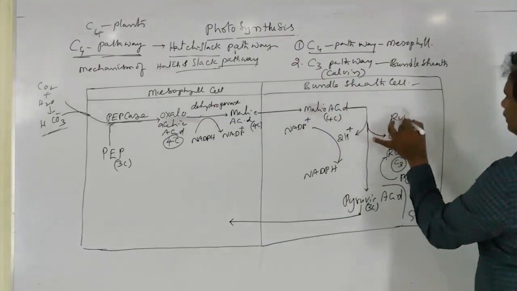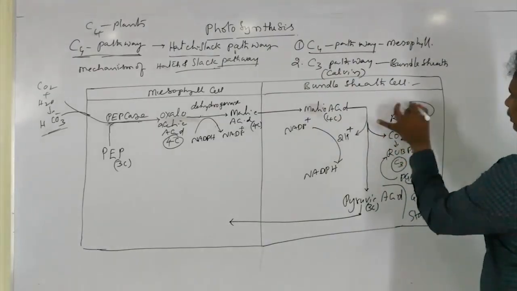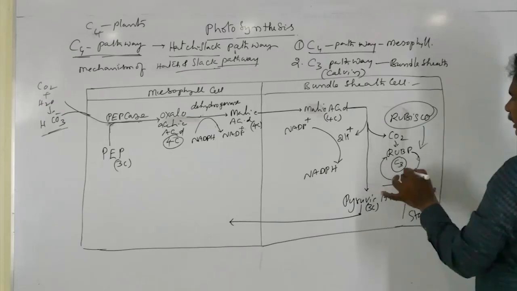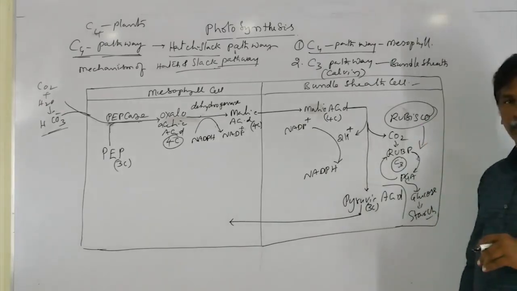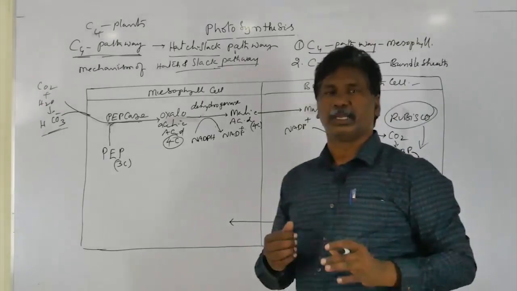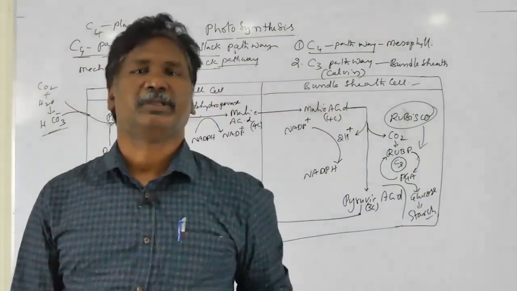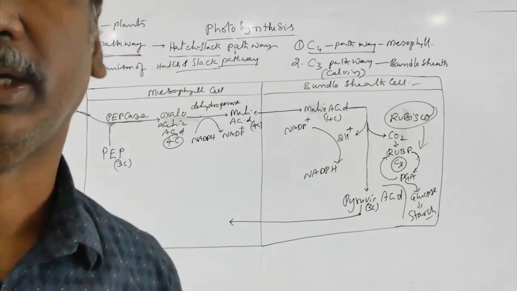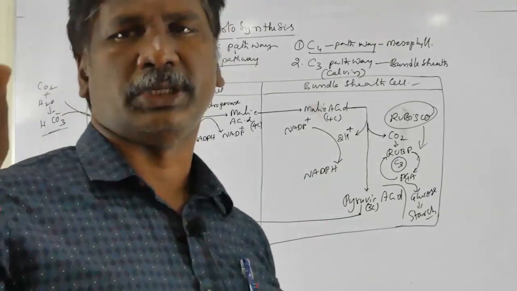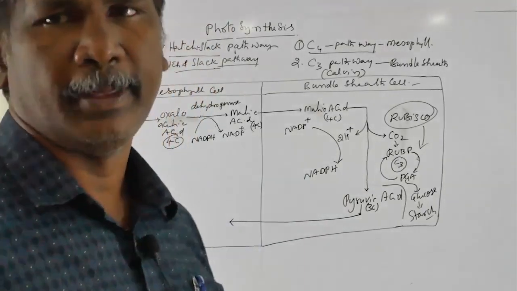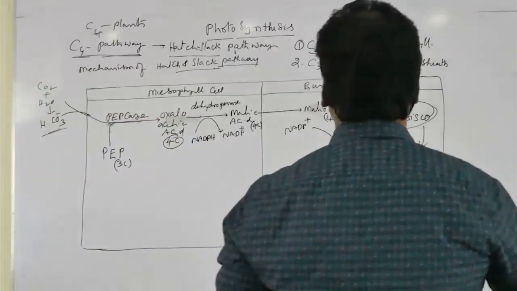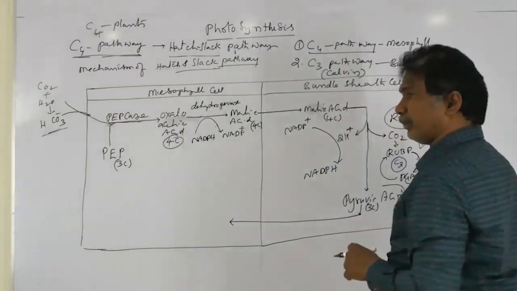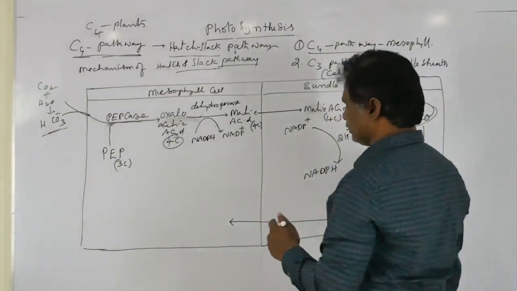You know very well that enzyme is called Rubisco. That Rubisco enzyme is mainly involved in the C3 cycle. So in that C3 or Calvin cycle, food is synthesized only within the bundle sheath cells. After that, the 3 carbon containing pyruvic acid is reback into